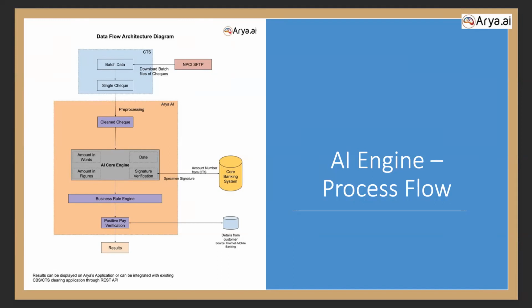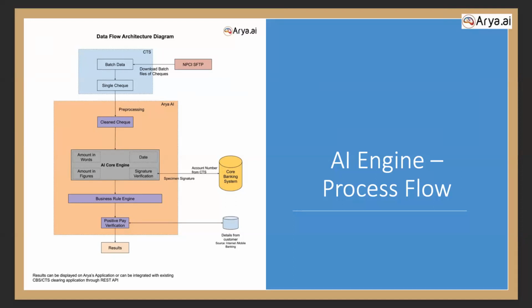So these are the two things where we extract the MICR code from the check, and we also take the NPCI XML file to match whether the check and the XML records are the same or not. Once these two are matched, we send it to the Arya core engine for the cleaning process. As we discussed earlier, cleaning is the first denoising part which we do. Then post that we send it to each and every corresponding model, the snippets. Each and every model gives out results.